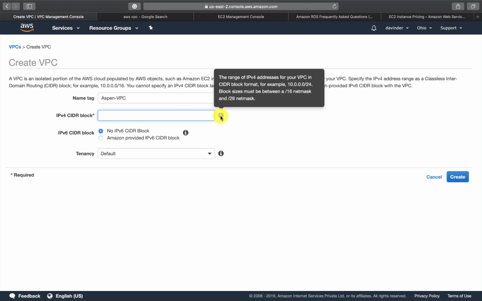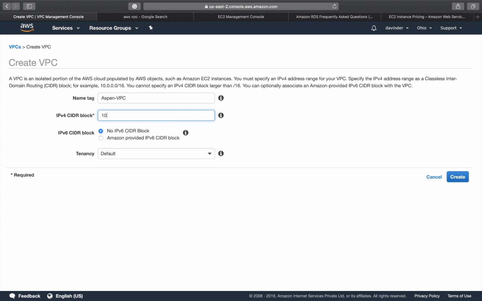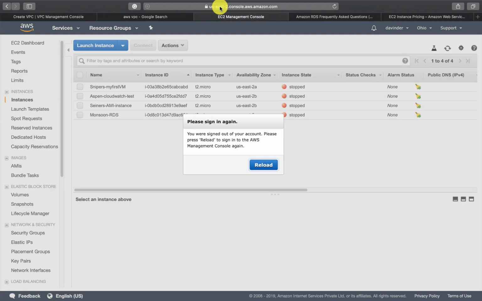For example, I am giving 10.0.0.0/16. So you know about the network concept. I'm giving here the subnet mask is /16. By default the subnet mask for this one is 255.255.0.0. If you want to know more about the subnet mask and other things, you can log in onto